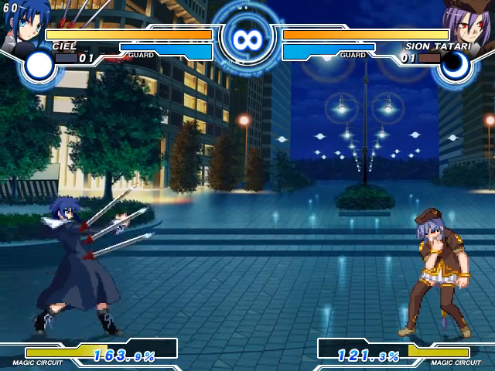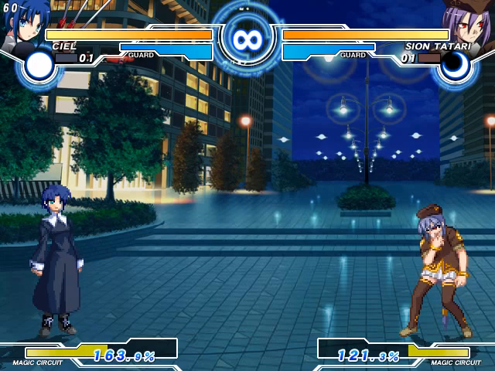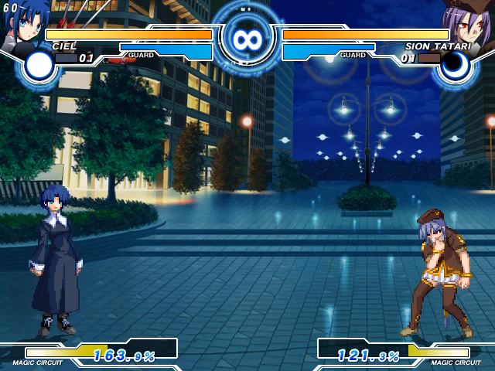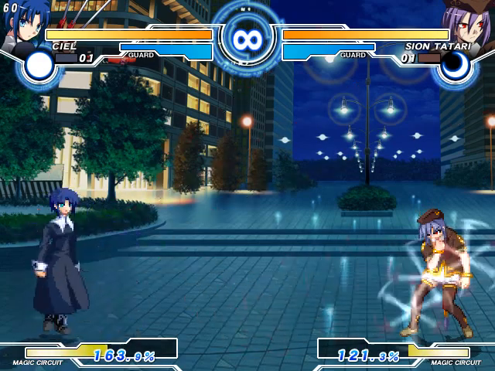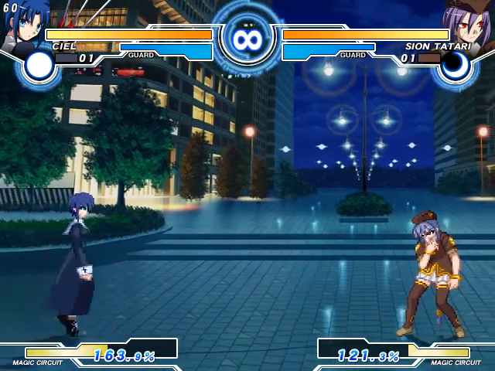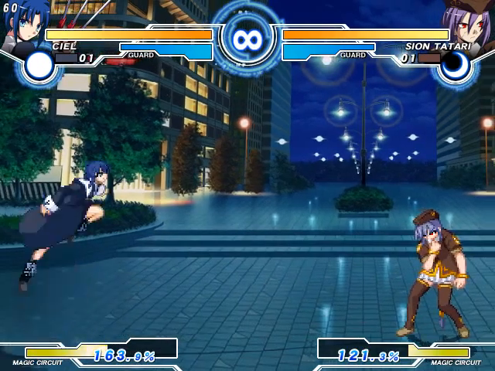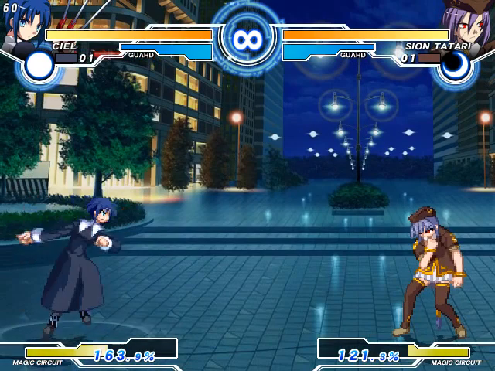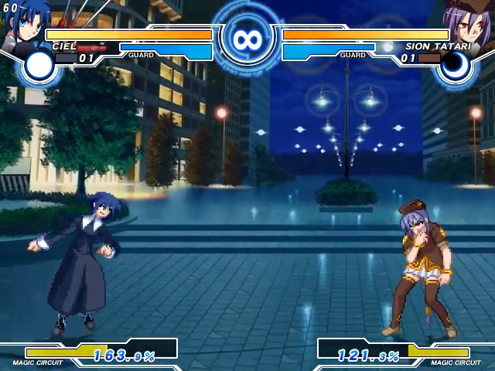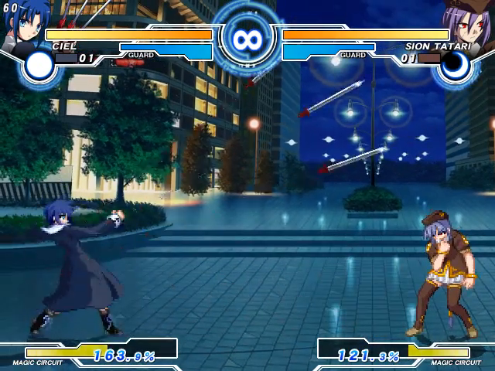She can throw her knives like this. It's 214B, and she can cancel it into 214C. So you can do this. This covers a lot of space, because it has both an upward angle and a downward angle, but it's not as good as you may think if you are not familiar with the game and the move, because